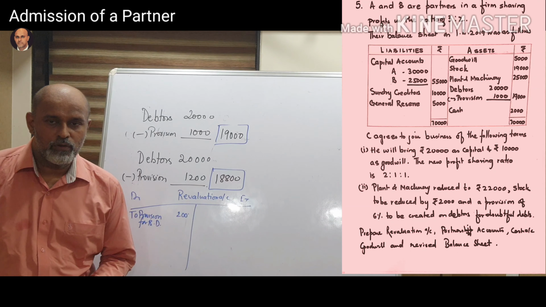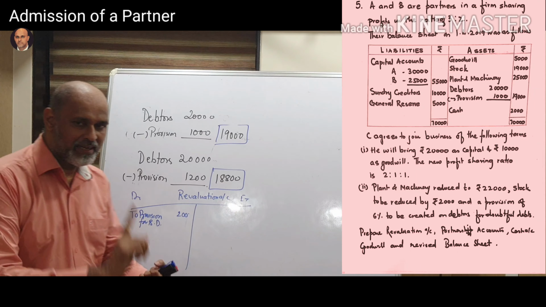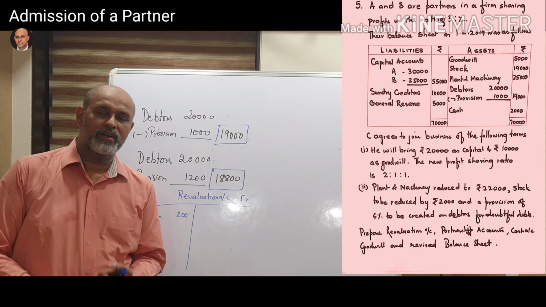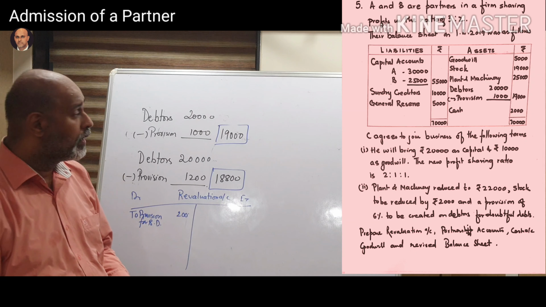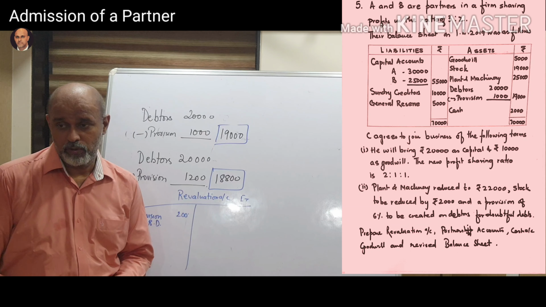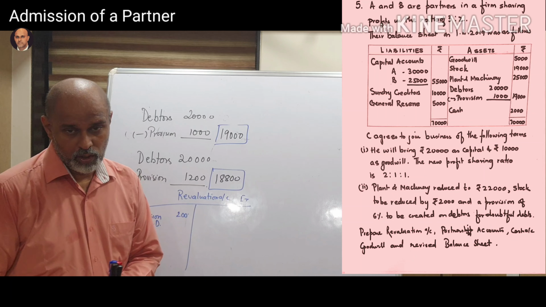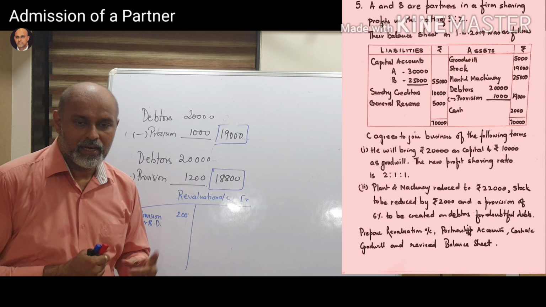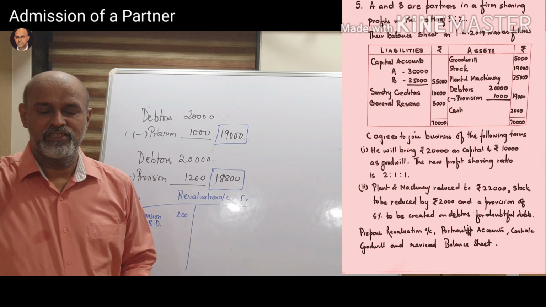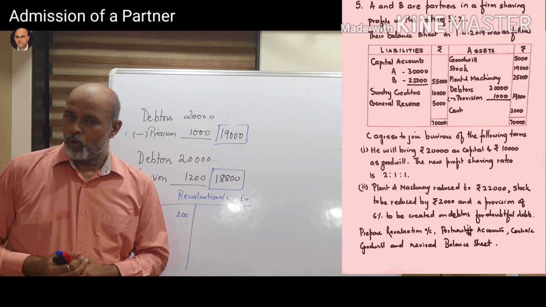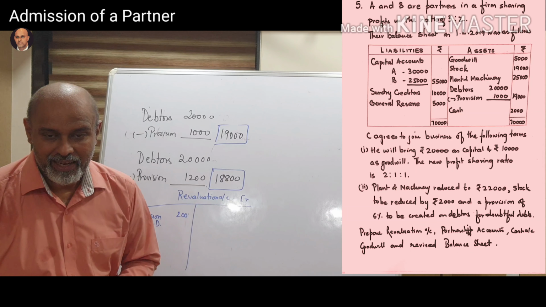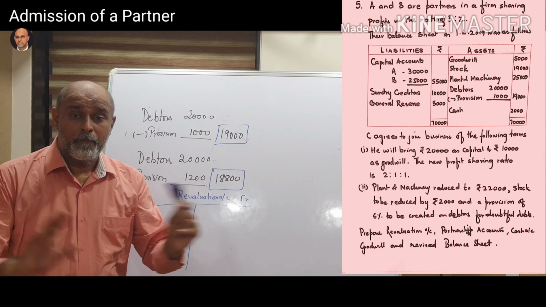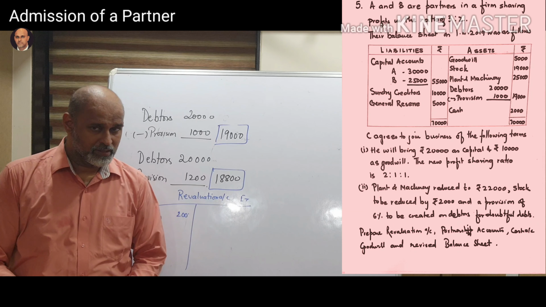So what am I going to do? First step is balance your revaluation account. After balancing your revaluation account, you will transfer the profit or loss to your partner's capital account. Okay, old partners, old ratio. Okay, old ratio is 3:2. Okay, close your partner's capital account and transfer the balance to the balance sheet in the liability side. Okay, then close your cash bank account and transfer it to the assets. Goodwill account is already closed. Balance your balance sheet. That is the end of the sum.